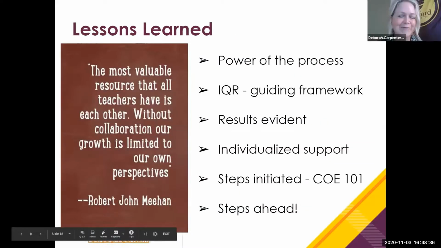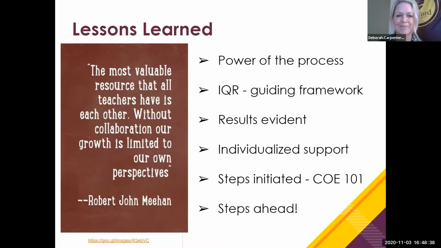So what lessons have we learned from our mentoring journey? I'd like to nod back to what Denise had mentioned would be our outcomes for today. First of all, we recognize the power of the process. Through our structured program of expectation setting, targeted support, modeling, archiving of resources, all of this allows our mentors and mentees to be confident in their roles, and that mentoring becomes a collaborative experience where mentees build on their strengths